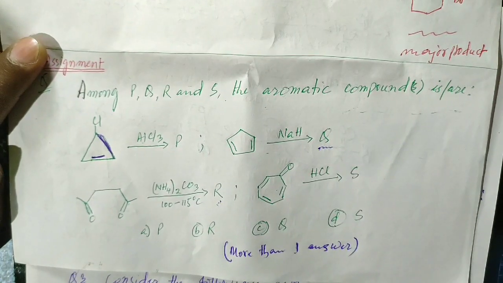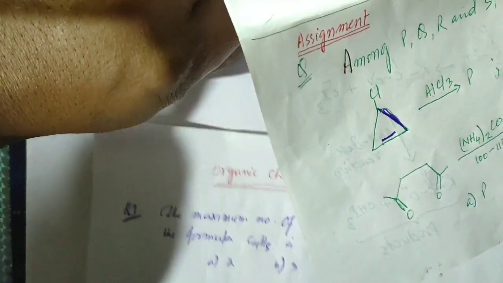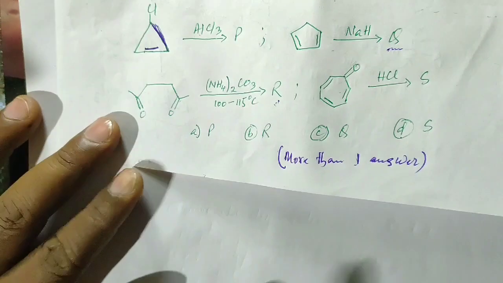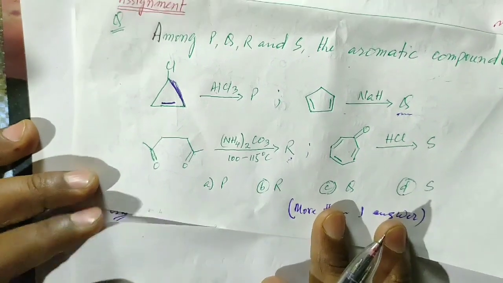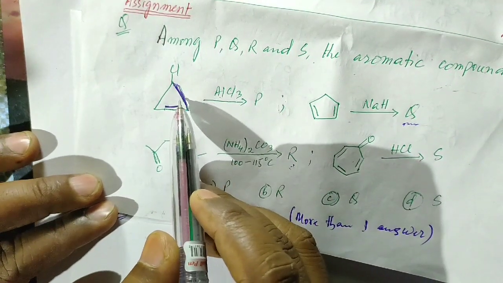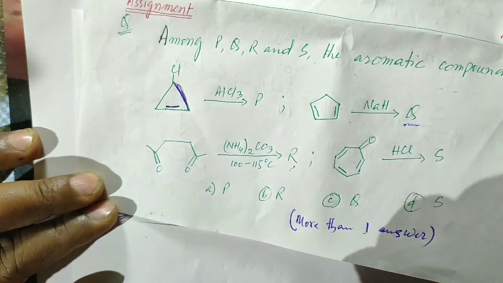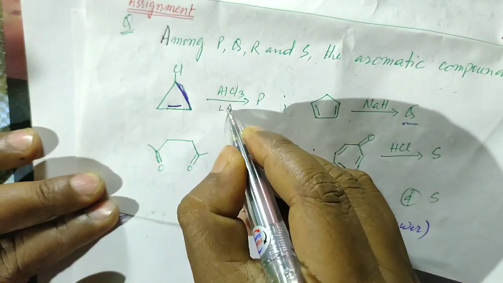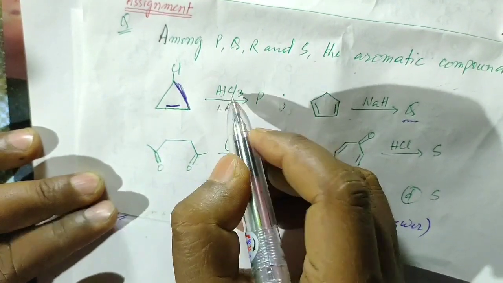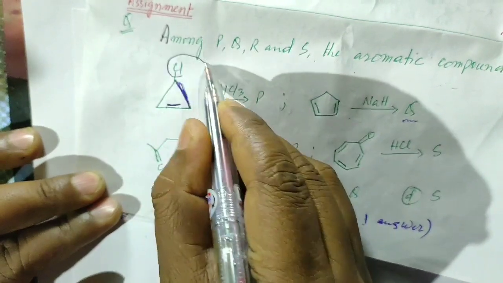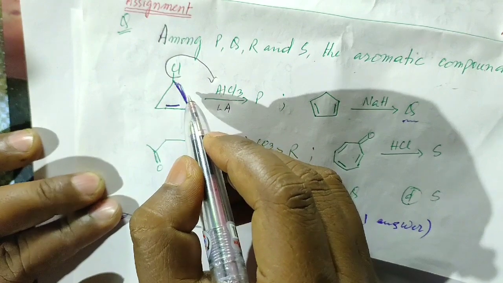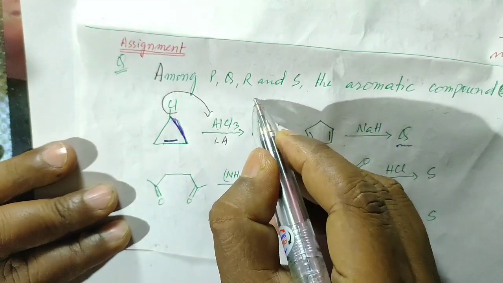So for this, let me take a paper to solve this question. Okay, the first one is when this compound is reacted with AlCl3. Okay, AlCl3 is a Lewis acid, so this is an electron deficient group, so this will abstract this Cl minus ion towards itself, so we will get this